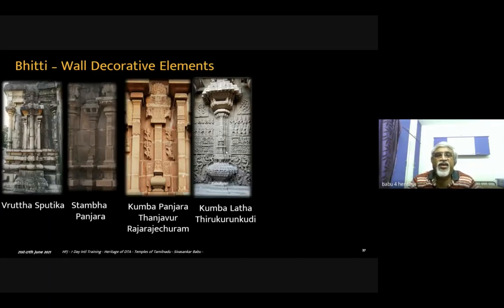By the Nayaka period, the simple Kumbha Panjara has a lot of creepers and other things flowing out of the Kumbha. This Kumbha is the Amruta Kalasa, the embodiment of Amruta Kalasa. So a lot of flowers and creepers flow out. This is called Kumbhalata. See the amount of details and fineness. Instead of being two dimensional, they have projected it to multiple dimensions and layers. This is the ultimate development around the Nayaka period.